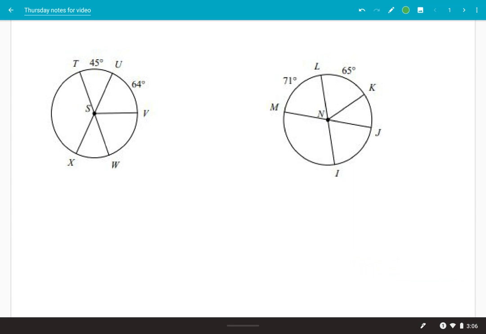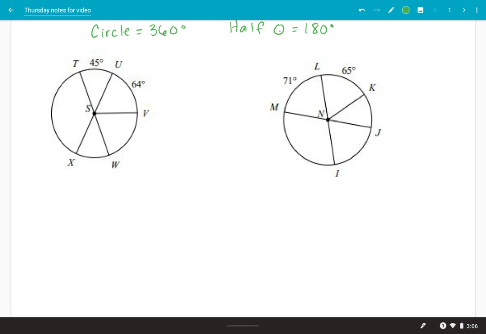In this video, I'm going to go over the measurements of angles and arcs in circles. So we all know that circles add up to 360 degrees. So circles are 360 degrees. And half a circle is 180 degrees. So when we're trying to find out what each of these arcs are in a circle, what helps is to find